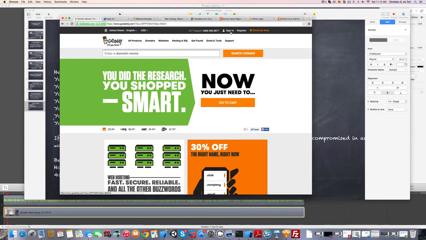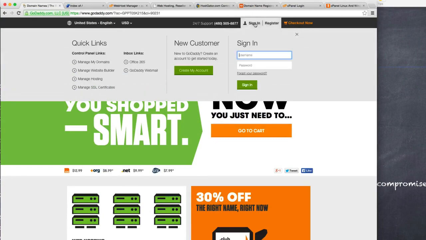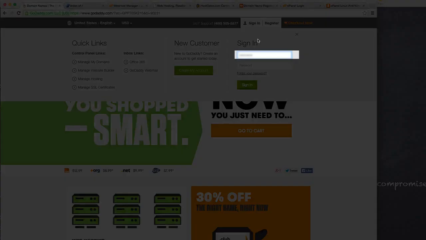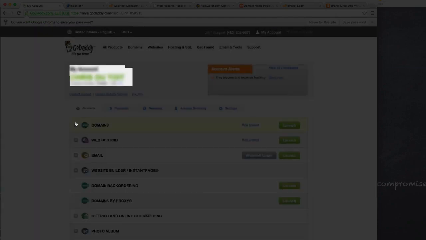Now that you have a hosting account, we need to get your domain name pointed to your hosting account. So sign into your GoDaddy account. And once you sign into your GoDaddy account, you'll get the option to manage the domain names that you registered with them. So remember, your domain name is with GoDaddy and your hosting account is with HostGator, and you will now connect the two. So under the domains, click Launch,